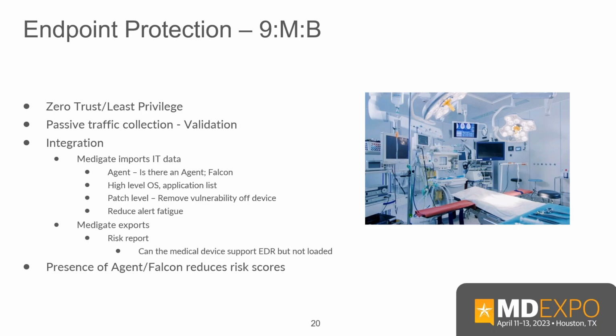So just think about it. The more information you have on the environment and every single device, the better your risk management can be. I know which devices are problematic and which ones aren't, the more information I have. So getting that information from the endpoints in, but then also